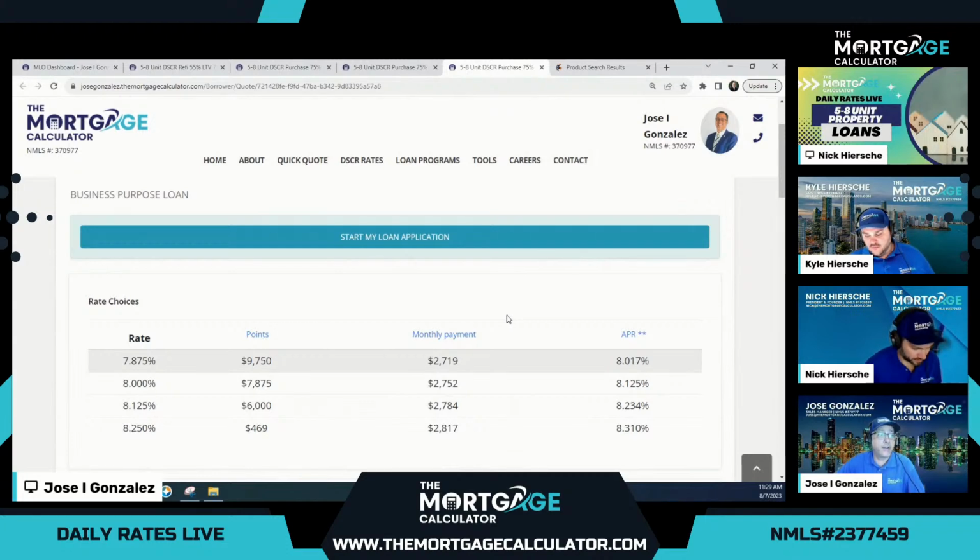So here you're looking at 8.25% as your lowest cost option, and look at the cost on that, very little cost, and you can buy it down to 7.875 and probably even a little bit lower, right? So I just wanted to show stuff that I could guarantee was in compliance. But if we were to run the 5% test, I think we could probably run it a little bit lower than 7.875.